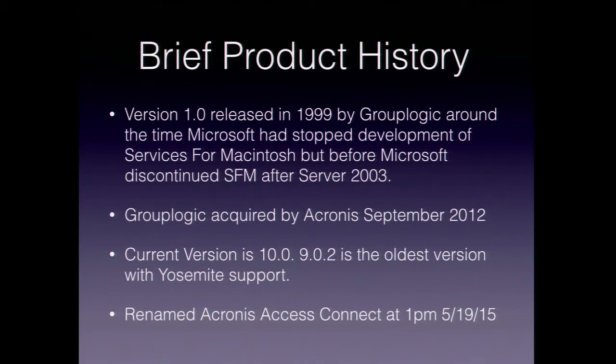So Group Logic was acquired by Acronis in September 2012. The current version is 10. 9.0.2 is the oldest version that supports Yosemite officially. And it was renamed Acronis Access Connect at 1 p.m. on 5/19/15. I know that because I was driving to Des Moines to give this presentation for a small group of Iowa admins when this came out, and so I hurriedly had to update my slides. So anyway,